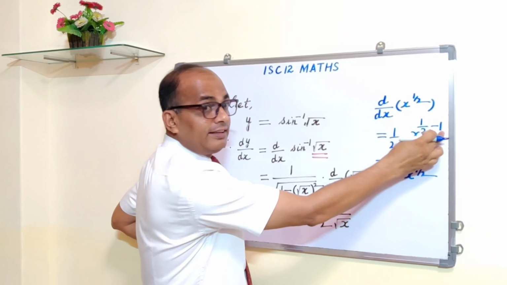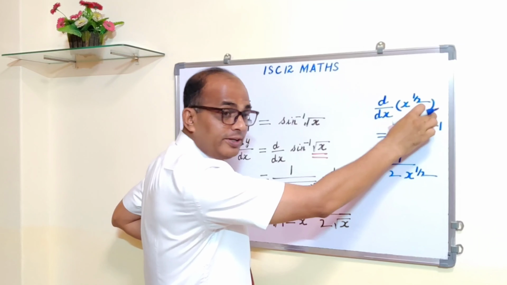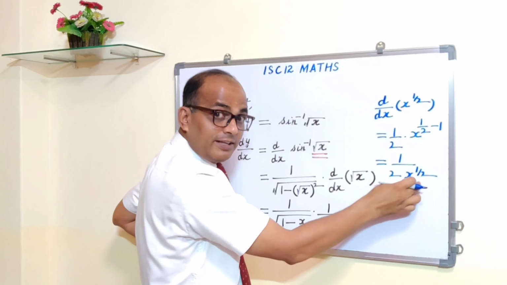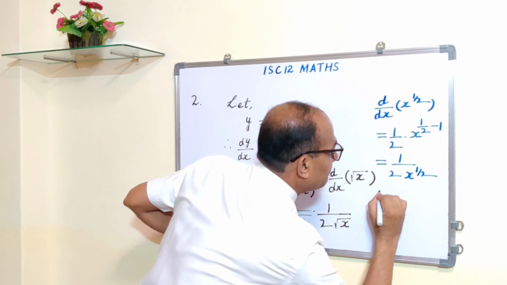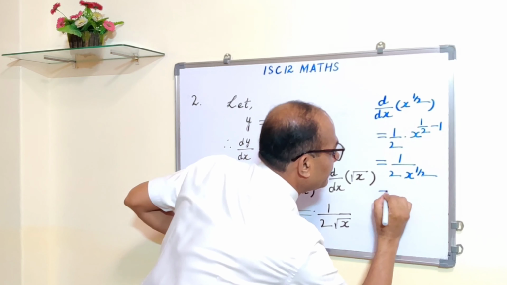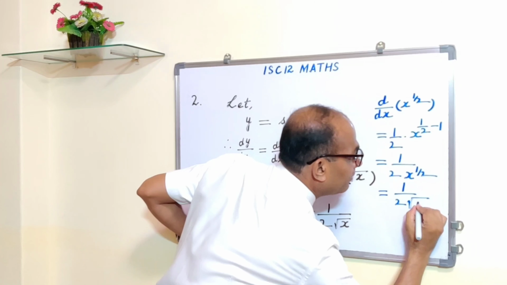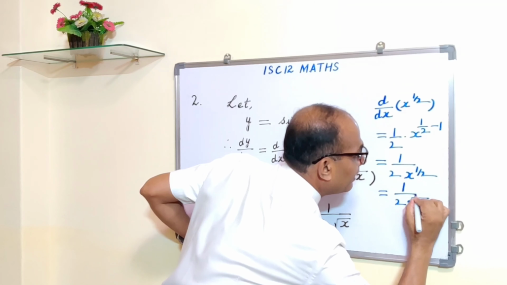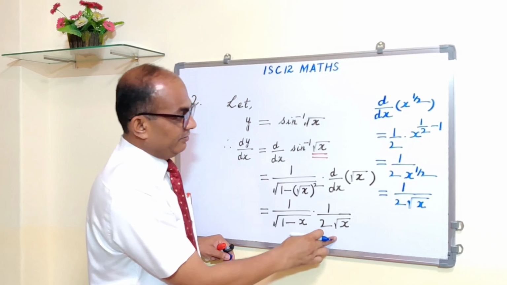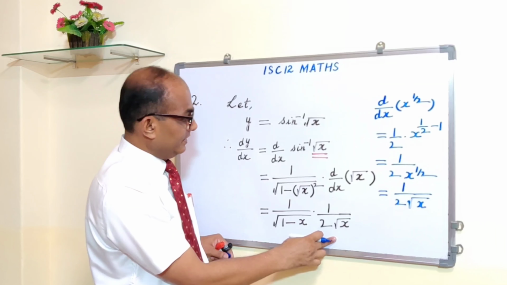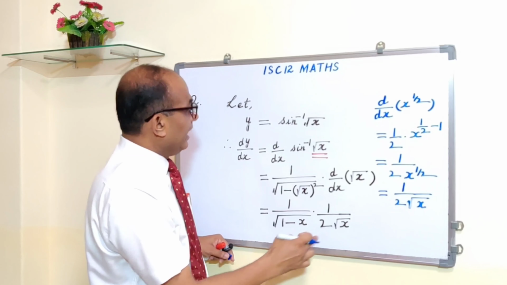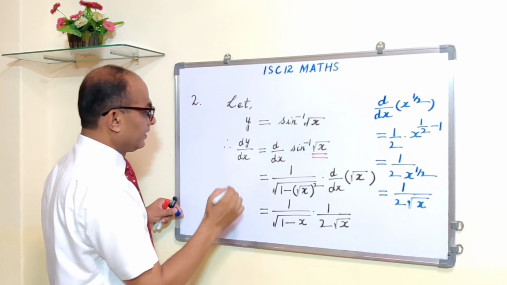Half minus 1 is minus half. x raised to the power minus half in the numerator, when it comes down to the denominator becomes plus half, and this is equal to 1 upon 2, x raised to the power half, which means root x. 1 upon 2 root x I have written. Understood? And then this is equal to